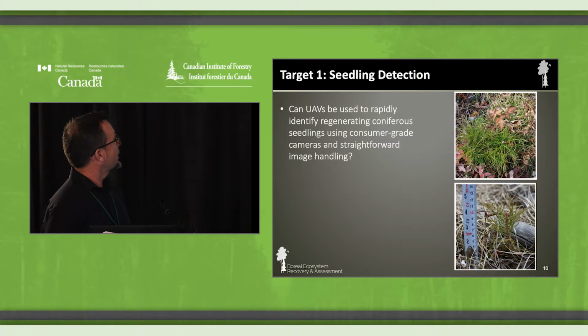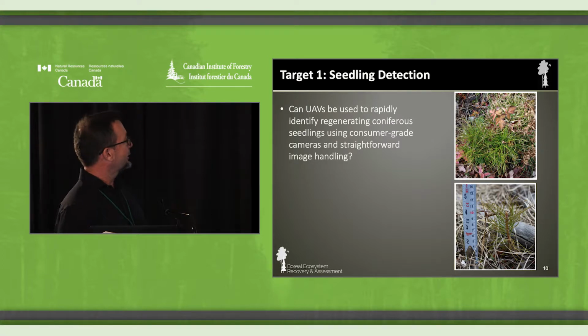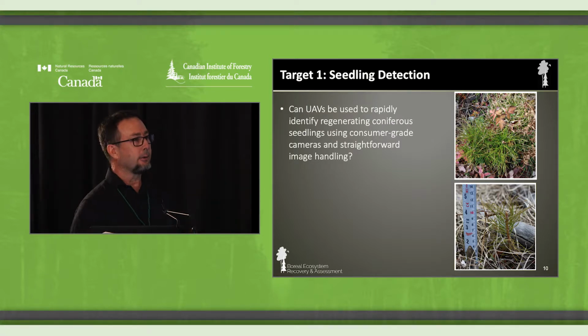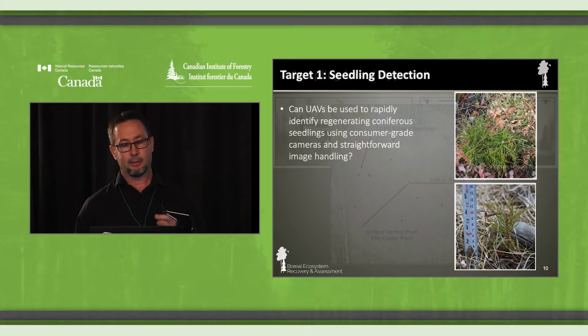So the first one I'm going to talk about is seedling detection. So finding these regenerating seedlings on human disturbance features. So we asked a simple question: can UAVs be used to rapidly identify these regenerating seedlings? Now, we didn't want to use fancy technology. We used a simple consumer-grade camera and very straightforward image handling. Nothing fancy going on here. And we also looked at very, very small seedlings. So these were seedlings that are only 4 years past planting. So, 15 to 30 centimeter tall seedlings. So a very challenging